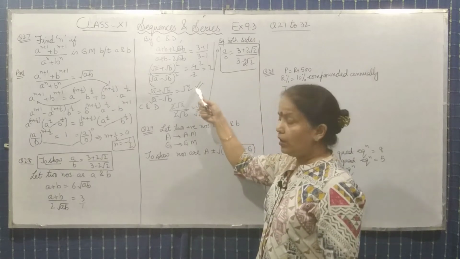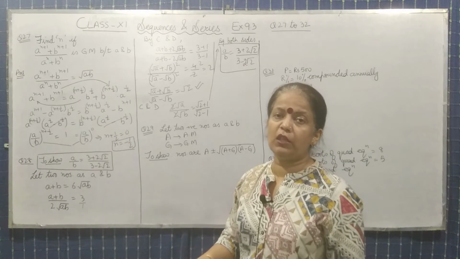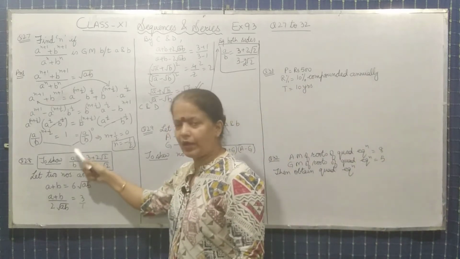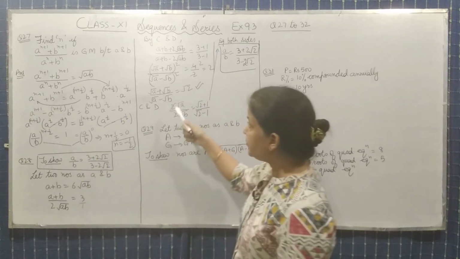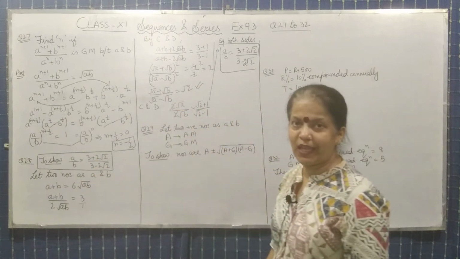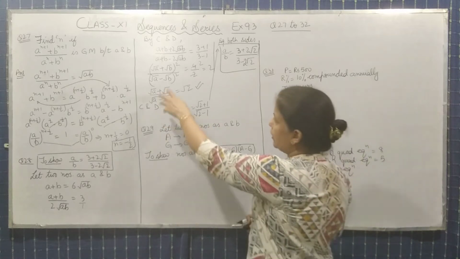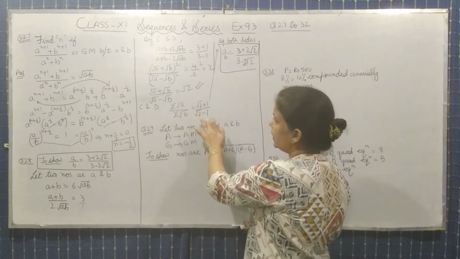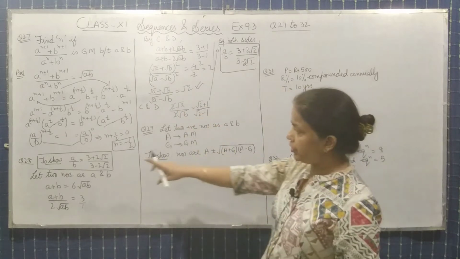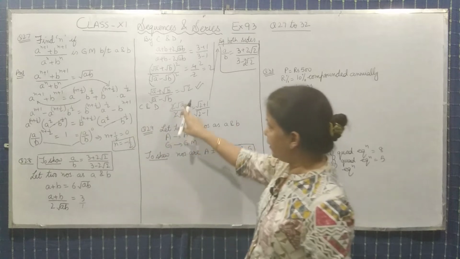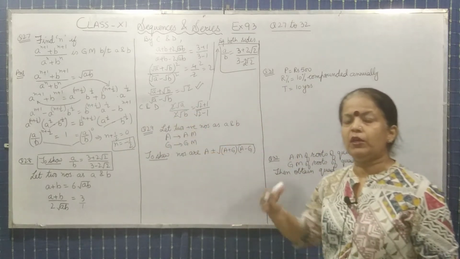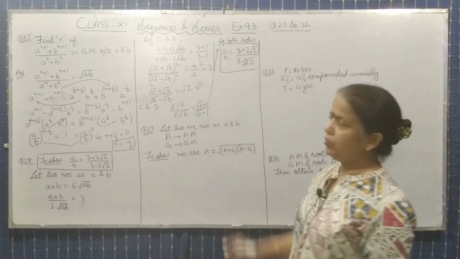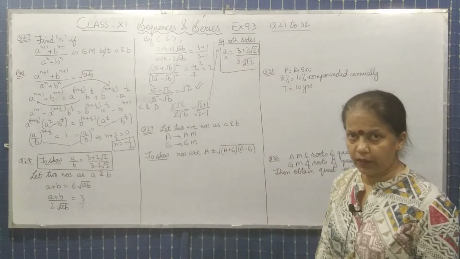In this, again you will use the C and D formula. Why you have to apply it? Because you need in the question as in the form of A upon B. और यहाँ पे A upon B की form में नहीं आ रहा. So we will use the C and D again. This plus this and this minus this. You will get this term. अब क्वेश्चन में आपका क्या दिया हुआ है? A upon B and here it is coming as root A upon root B. So how will you remove root sign? By taking squaring on both sides, you will get the answer. Is it clear? Okay.